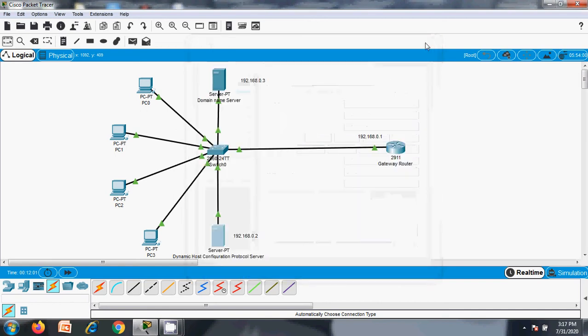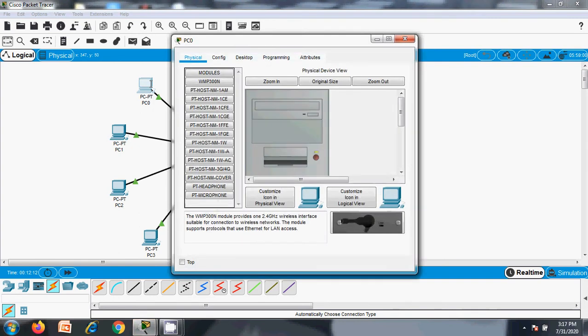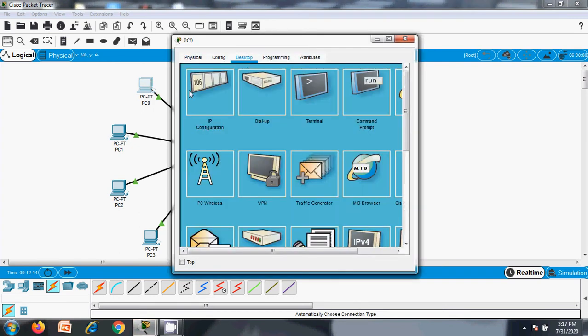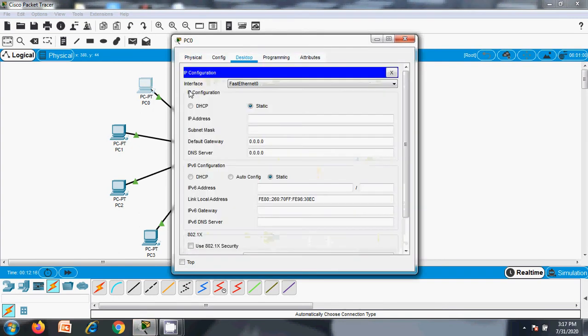Now DHCP is ready to work. Now we need to check whether DHCP is properly working or not. By clicking on the PC systems, earlier we had statically assigned IP addresses for these PC systems. Now I need to click on this DHCP entry. When I click, it will send a request for an IP address, and it will get the IP address and be automatically assigned.